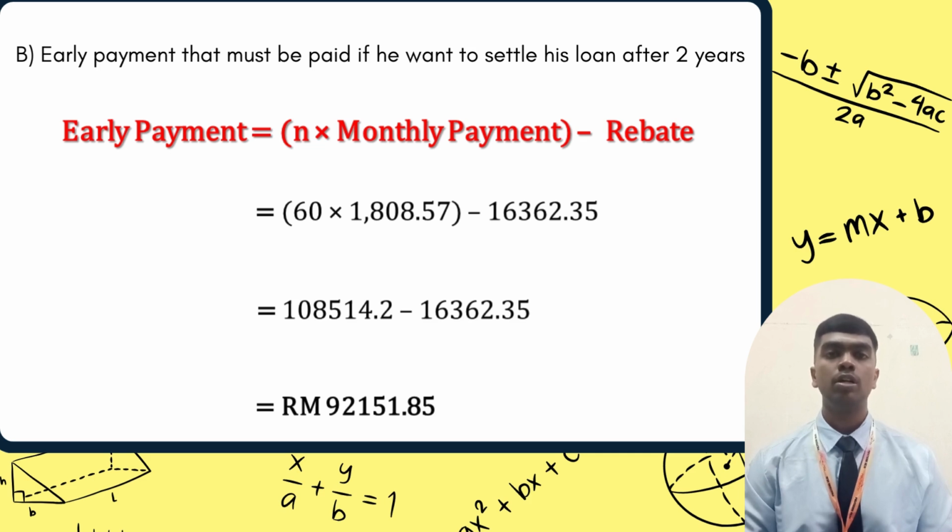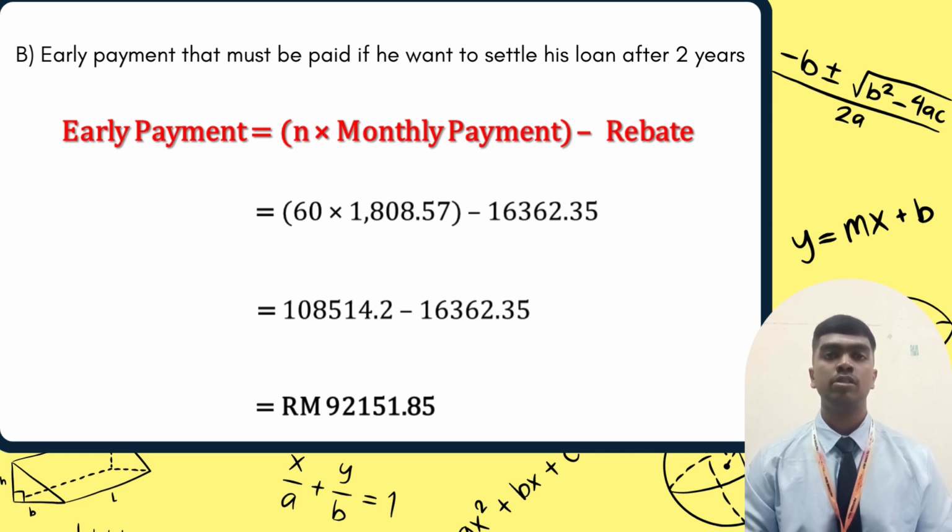Yearly payment that must be paid if he wants to settle his loan after 2 years. First of all, we must use the yearly payment formula. Yearly payment equals bracket n times monthly payment closing bracket minus rebate. First step is bracket 16 times 1808.57 closing bracket minus 16,362.35. The second step is